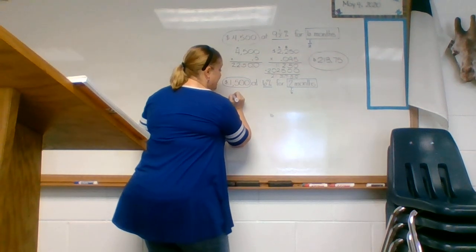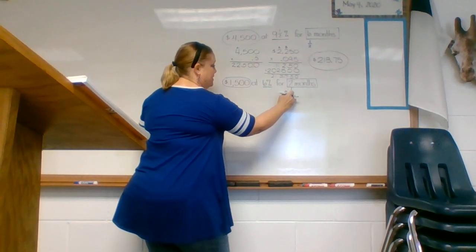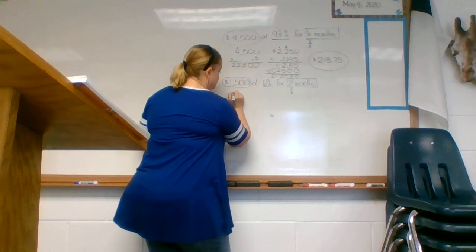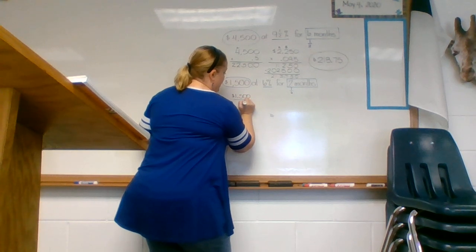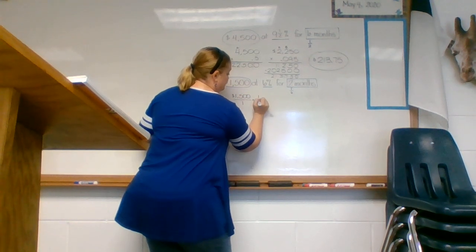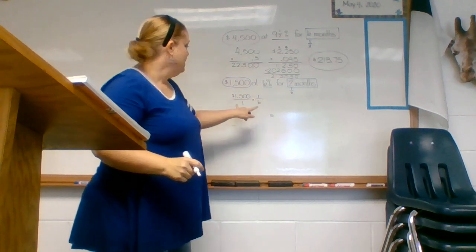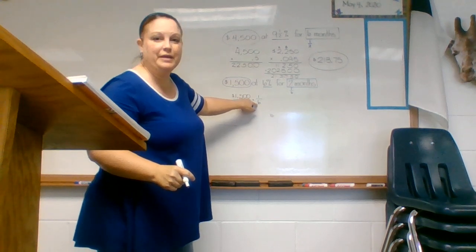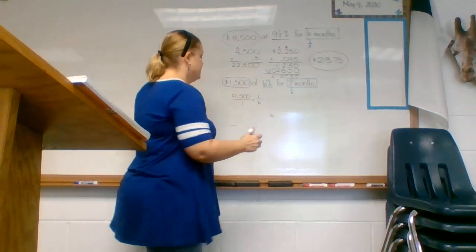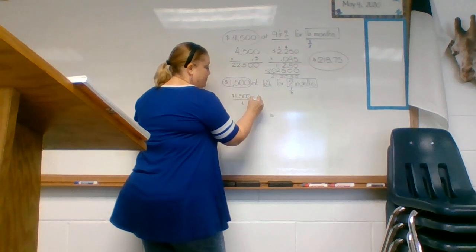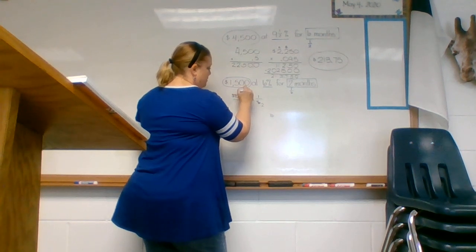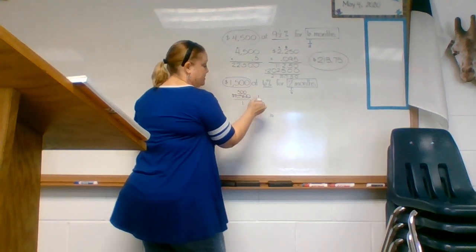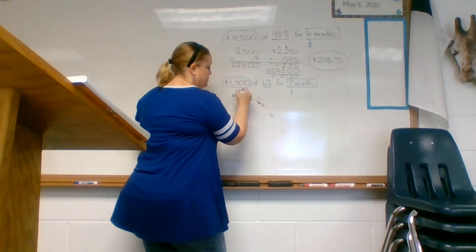Now, I can go ahead and multiply these two and then this, or I'm going to get rid of this fraction first and multiply it like this. Okay. Why? Because I can already tell these two I'm going to be able to cross cancel. It's going to make things much simpler. I can divide by 3, and that would be 500. Okay, I see I can cross cancel again and divide by 2